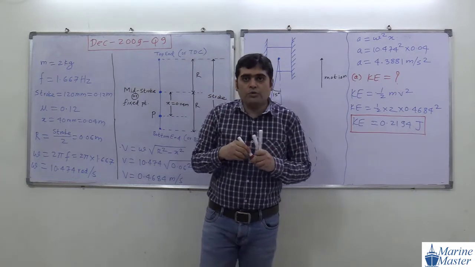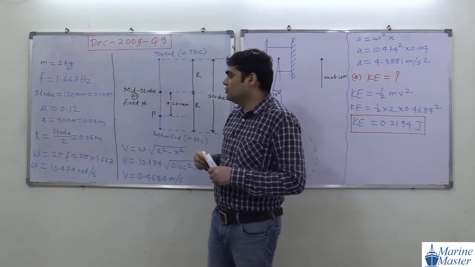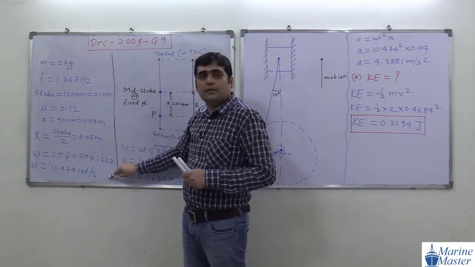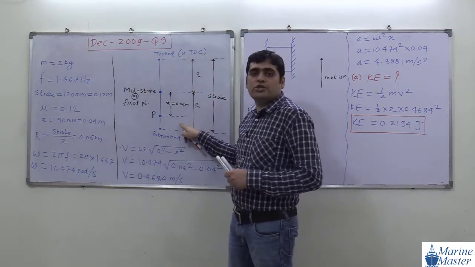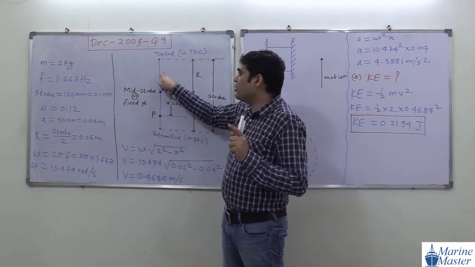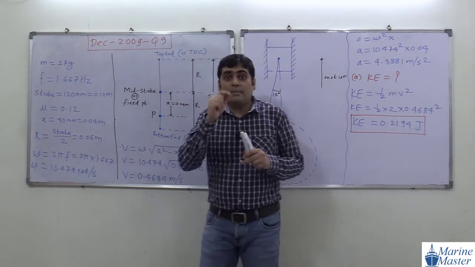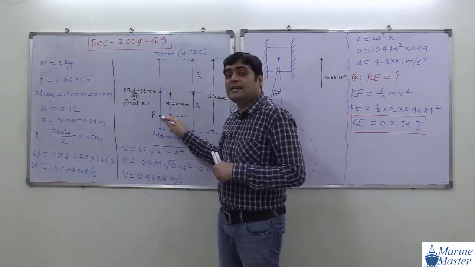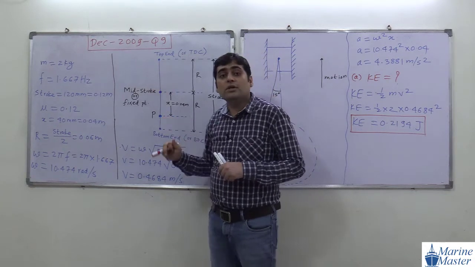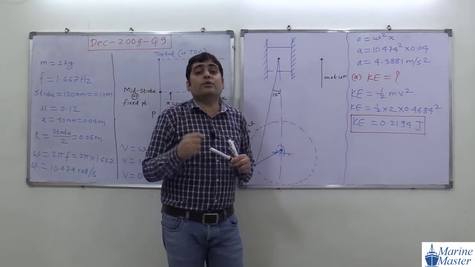So now how do you have to solve? First of all, write down all these things, first this one. Then try to draw this drawing. Draw it properly. Try to understand why point P is here. Why not here? Why not above the mid stroke? Why is it below the mid stroke? Because if you read the question, what they said,